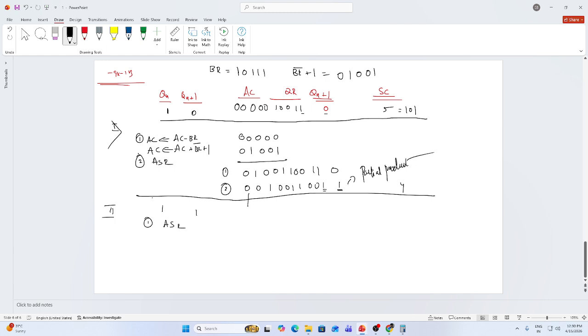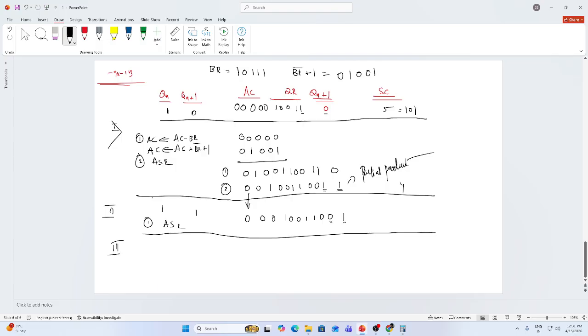This sign will be retained here, right? 0 0 1 0 0 1 1 0, right? So this 0 will go here, this 0 will go here, this 1 will come here, right? So 0 0 0 1 0 0 1 1 0 0 1, right? Now this is the second iteration, right? Again in the third iteration, we just need to monitor